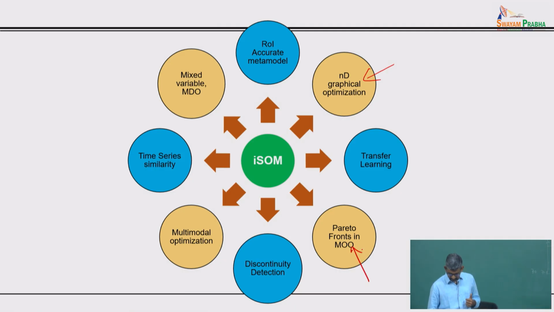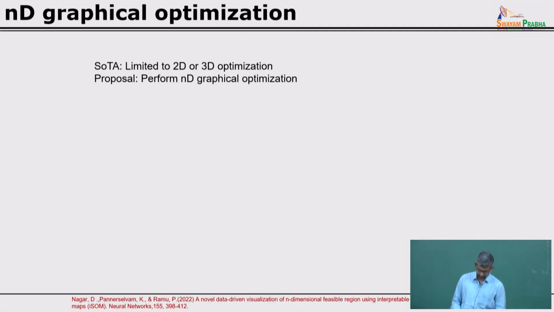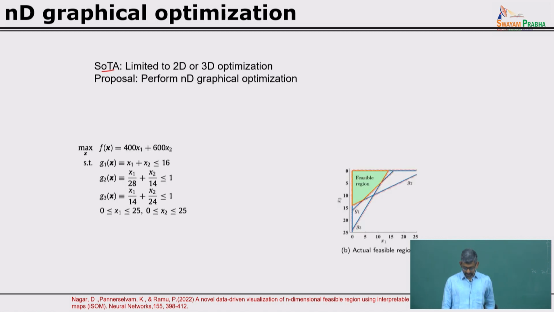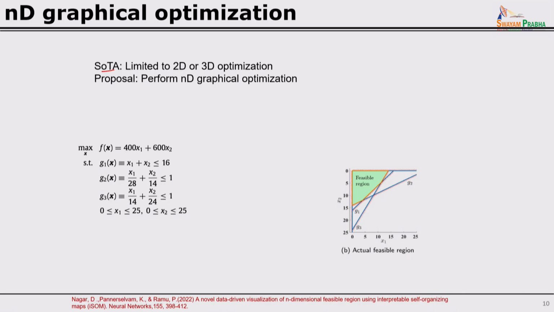And the other thing that we will discuss, Deepanshu will discuss, is the Pareto front in multi-objective optimization kind of stuff, right. So, the state of the art is limited to 2D or 3D, but we could use iSOM to be able to do this in higher dimensions. So, this is a linear programming problem. Okay. Your objective and your constraints are linear,